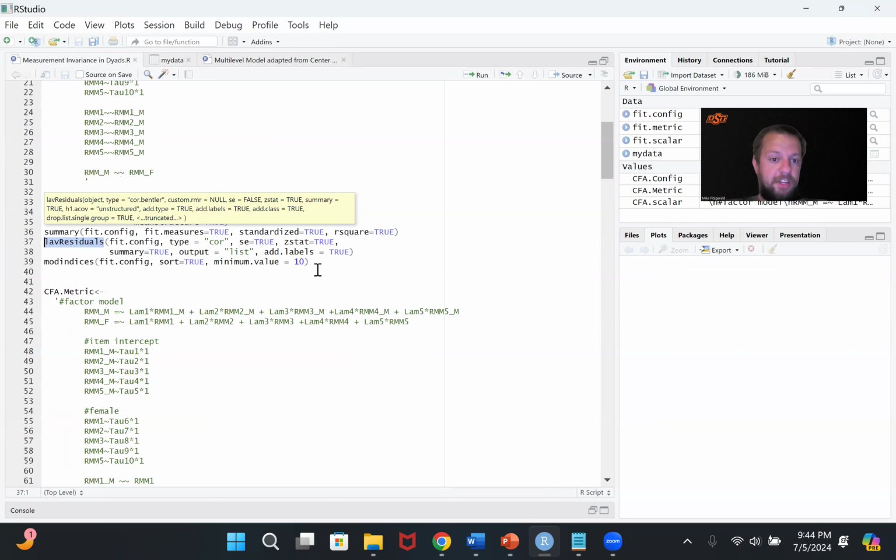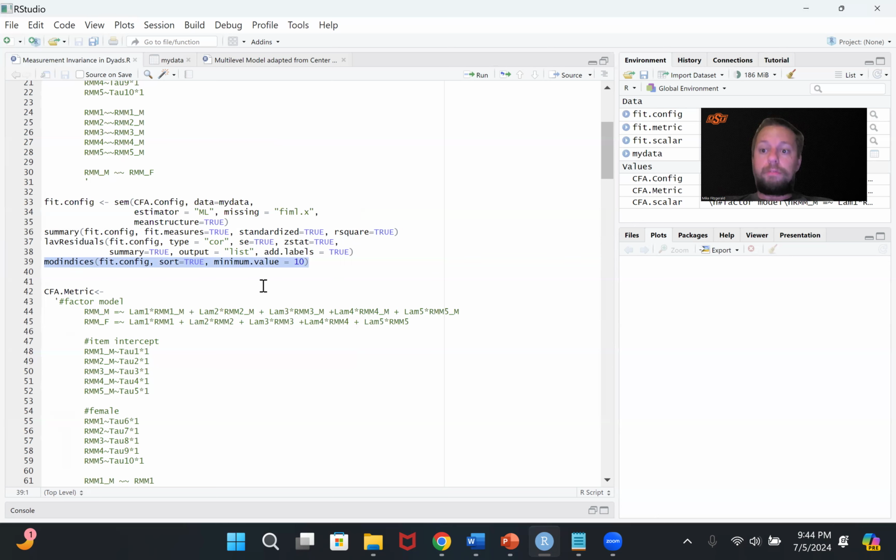And then I have modification indices here, which again are another indicator of local misfit, where lavaan goes in and says, if you just add this parameter, then your chi-square is going to go down by 12. And these modification indices are completely detached from theory. Lavaan does not care about your theory in any way, shape, and form. And so we have to be exceptionally careful around modification indices to make sure that they make theoretical sense,